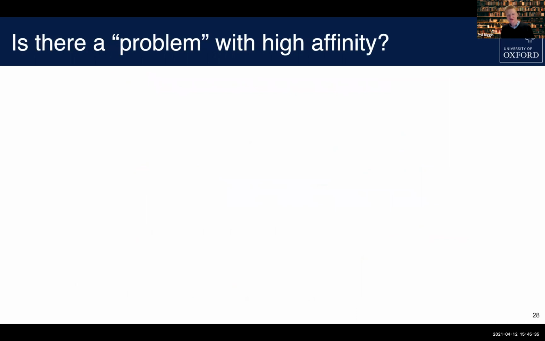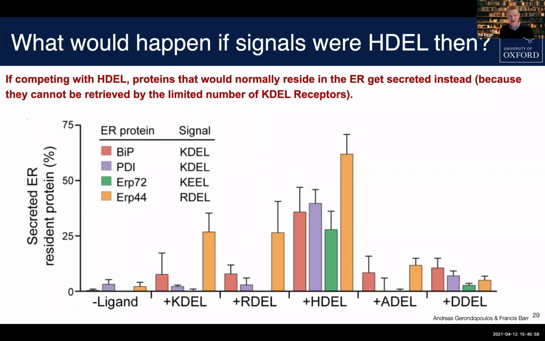So you could ask the question in a slightly different way: is there a problem with high affinity? Maybe there's an issue that if everything had high affinity, perhaps there's an issue. In other words, why are the signals not all HDEL? Let's think about that problem. And actually, that's a question that you can address in terms of biology, because you can do an experiment where you can say, let's pretend that the signals are all HDEL, right? So this is a bit of a complicated slide. I'm not going to really go into all of the detail. In essence, what we're trying to do here is pretend that we're competing with HDEL, okay? And what happens is if you have a lot of HDEL peptide present,